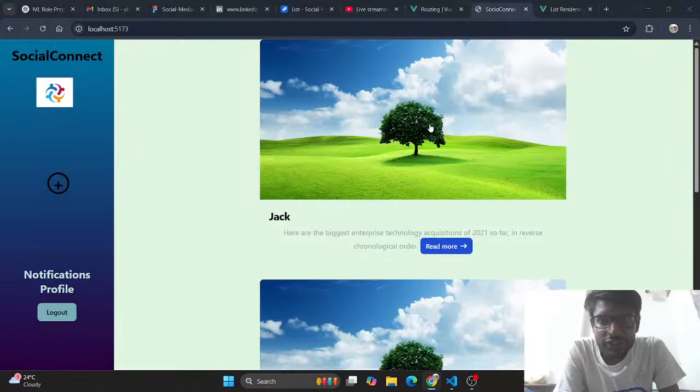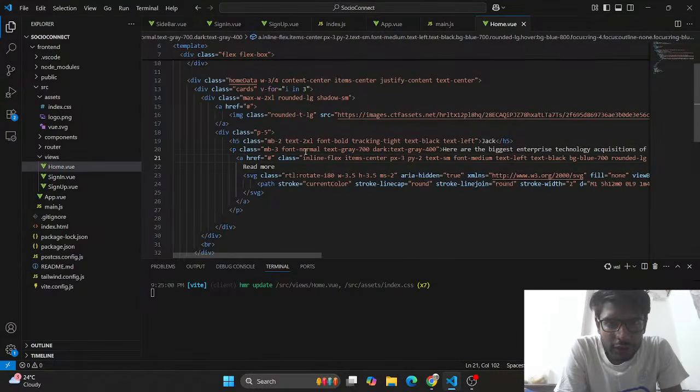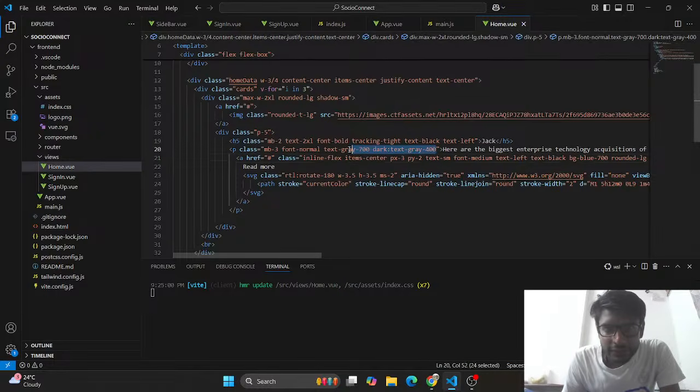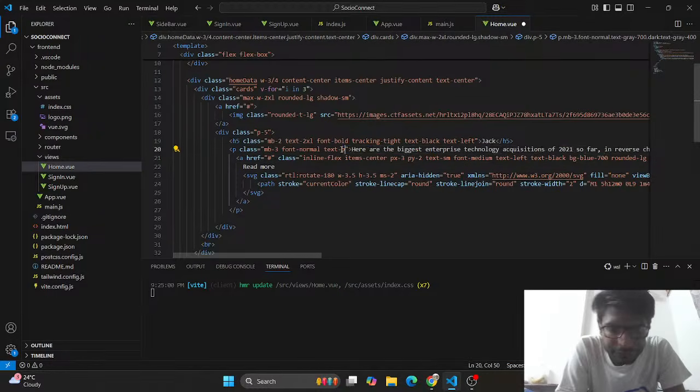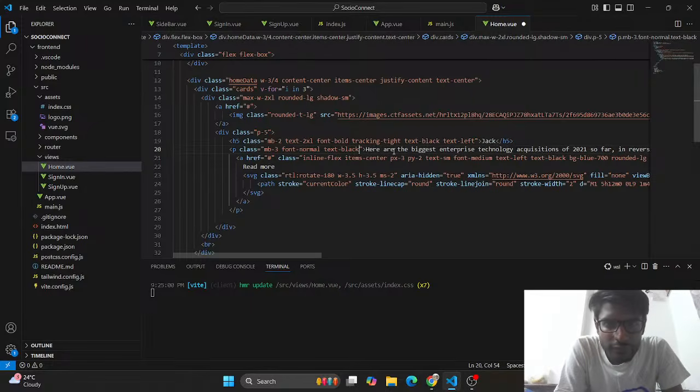So let's save it and check it. How does it look? So the thing of the paragraph. So now this thing should be black. First thing. And again,